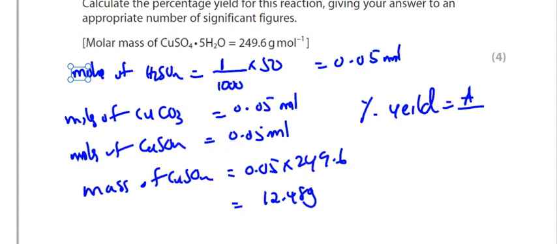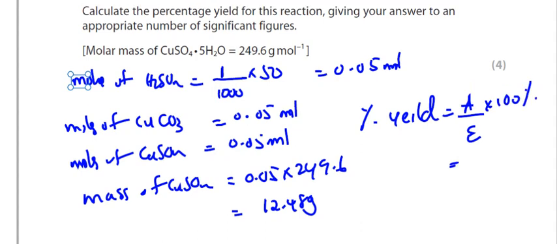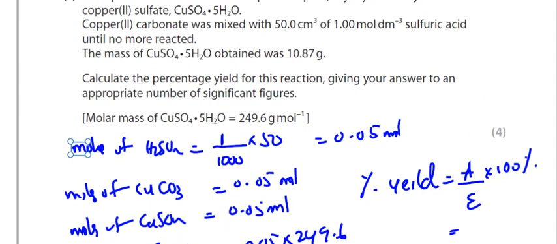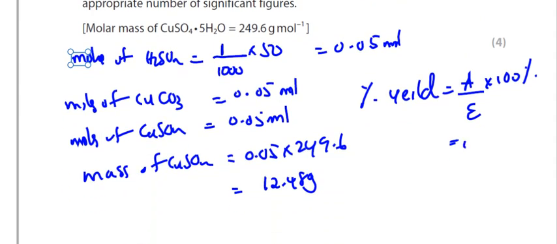So to find the percentage yield, the equation is the actual yield, that is what we actually got, which is given in the question, over the expected yield, times 100%. Actually how much you're getting is always less than expected. There are so many reasons why you don't get 100% yield: incomplete reaction, transfer errors, mass loss during the reaction. You're expecting 12.48, but I'm getting only 10.87. So 10.87 divided by 12.48 times 100, we get the answer as